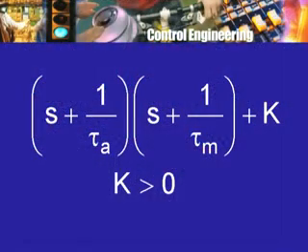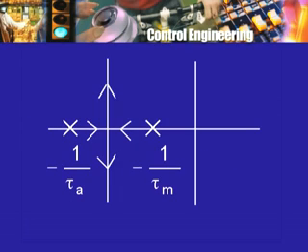So, for this, just anticipating what we are going to do later, and you will appreciate it when we go ahead and look at the root locus method. But the following I can say at this moment, that corresponding to these two terms 1 by tau a and 1 by tau m, I will draw what looks like a pole-zero diagram. This is not the pole-zero diagram for the transfer function that we are looking at. For the transfer function, this is the quadratic, and therefore I have to look at the roots of this whole quadratic. But I will draw the pole-zero diagram as it were corresponding to only this part, that is when k equal to 0.